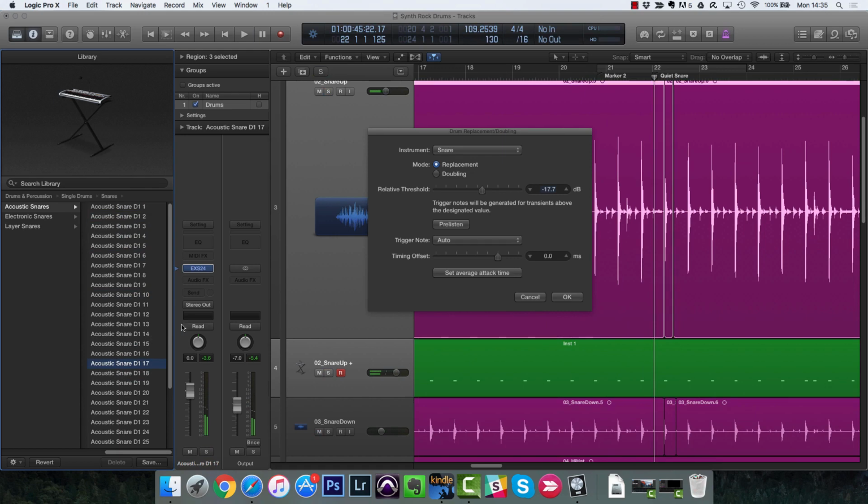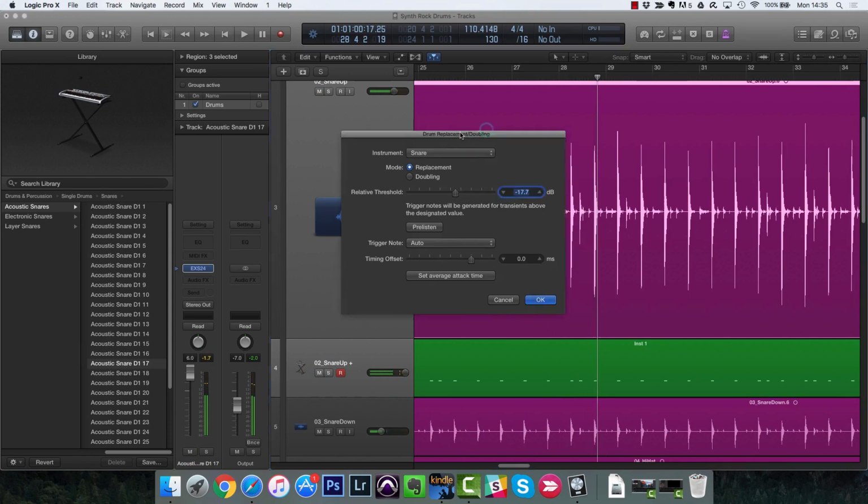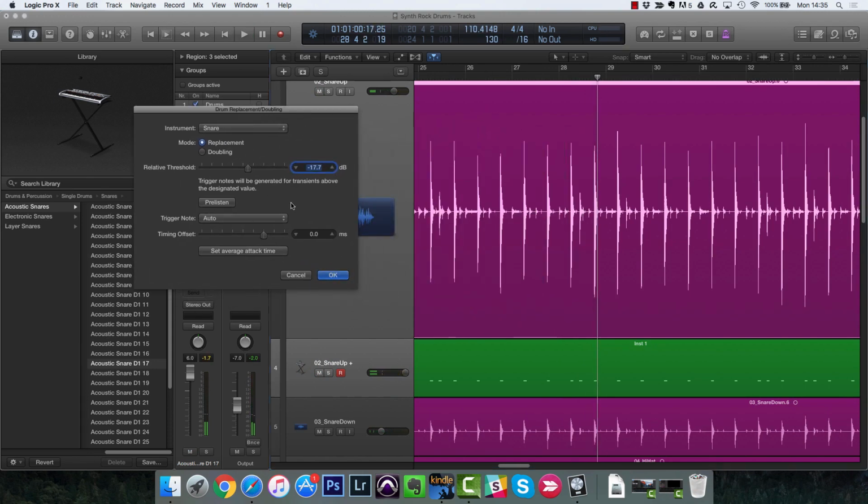So once you've found a snare that you like by sampling through these, just leave that selected. I quite like this one, it's got a lot of crack to it. Great, and now what we're going to do is in this window here, we're going to adjust some of these